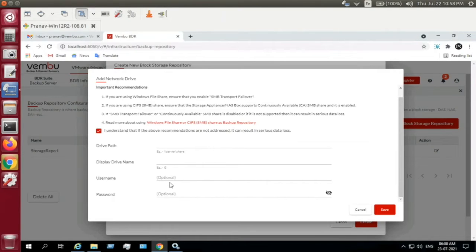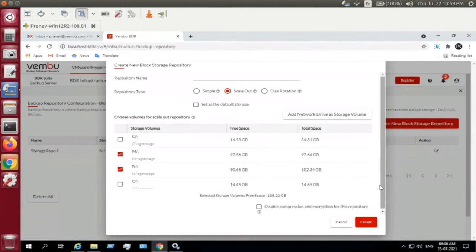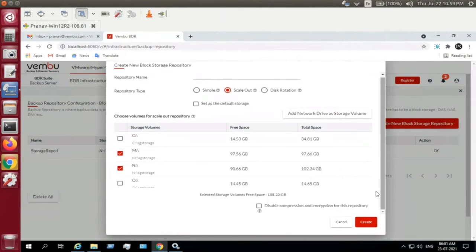If needed, you can give your username and password if it is customizable, then save it. Once you save, that particular storage will be listed as a storage volume over here. With that, you can pull in the local volume as well as your NAS volume together to create a backup repository, and that too falls under the scale out repository.